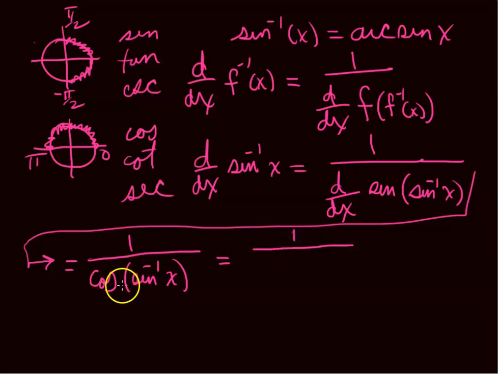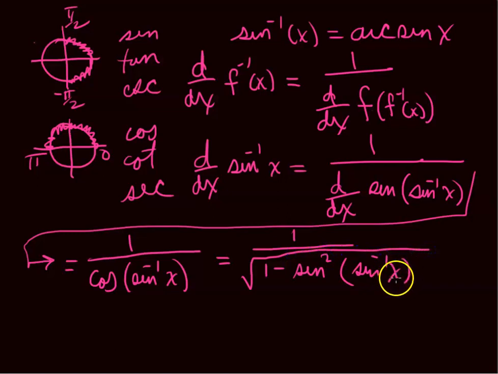So I know that the cosine of some angle is the square root of 1 minus sine squared of that same angle, sine inverse of x, if I take the square root, right? Does that make sense? Because this is a trig identity. It's cosine squared plus sine squared equals 1. So take the cosine, you subtract, it's 1 minus sine squared, take the square root. And you can get